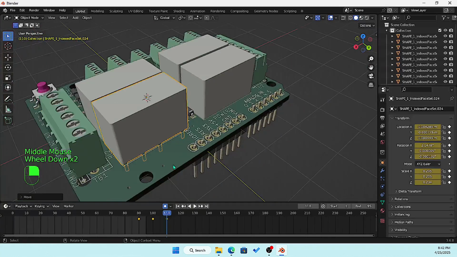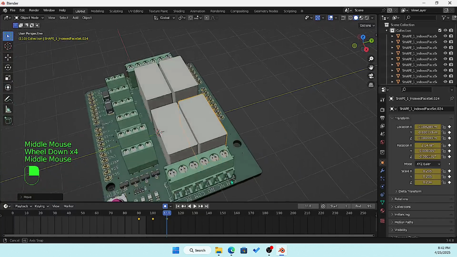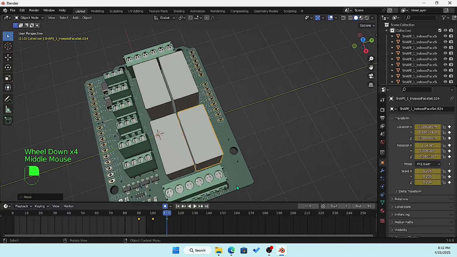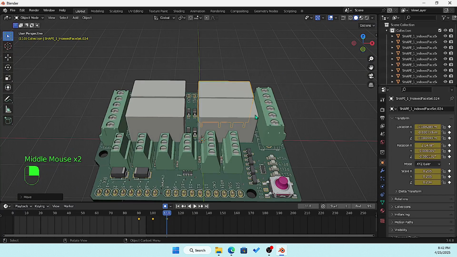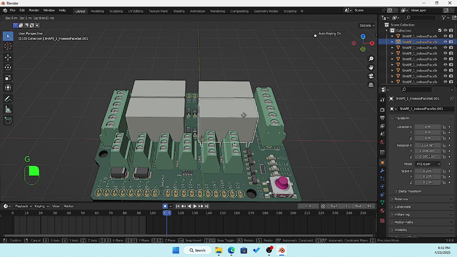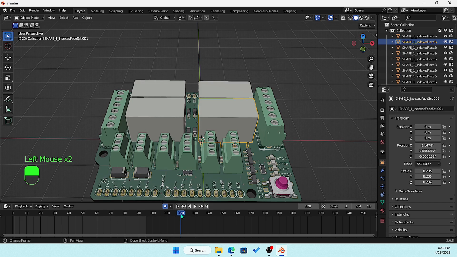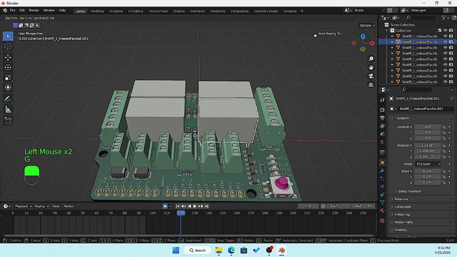Okay, so what I learned from here is that maybe sometimes you make the moves too abrupt, and then when you try to bring it back, it's gonna have alignment problems. So let's do something simple. So do G. Okay. But now, escape. Let's do 120, G, Z. Go up,